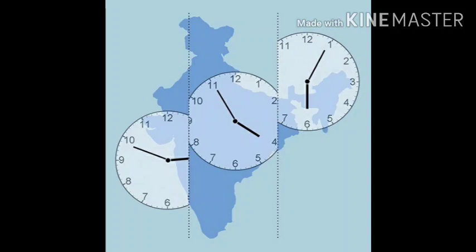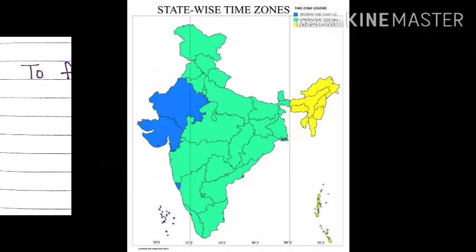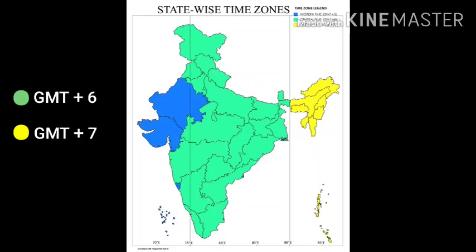Now, my friends, do you know that even though in our India we have an Indian Standard Time, some states have different time zones? My dear friends, that is due to the longitudinal extent of India, which is 30 degrees of longitude. To find the total time difference, we will multiply 30 degrees into 4 minutes, and we will get 120 minutes as our answer. When we convert it into hours, we will get 2 hours. So as a result, there is a difference between the local time of some states. Like Gujarat lies in the west and Arunachal Pradesh in the east, so there is a difference of local time of 2 hours.